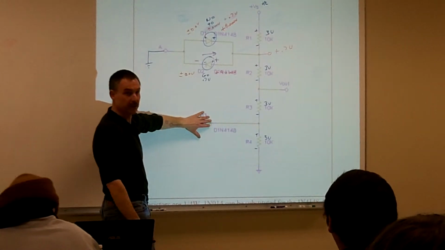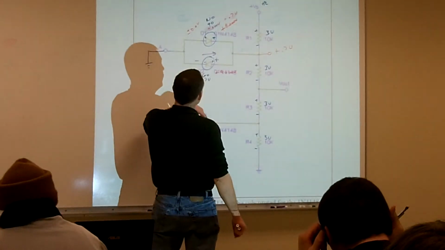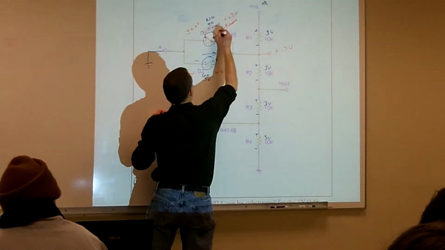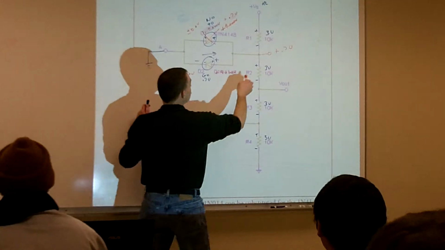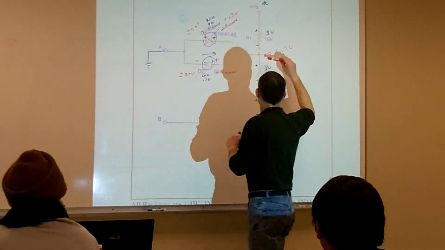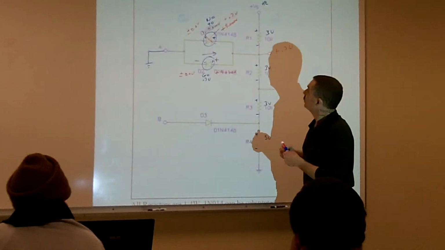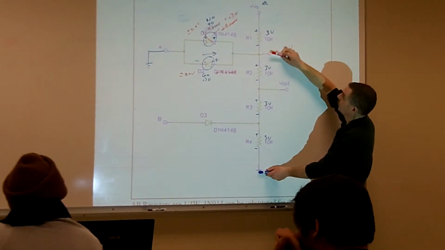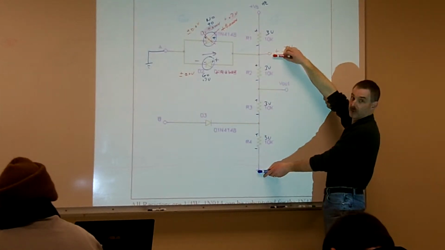And remember, D3 is just hanging open, so we don't even have to worry about that one. We already know that's not even part of the circuit. We no longer need that one. We already figured out what the voltage at this test point is, so we don't have to redo any work there. Now we know that from here to here,